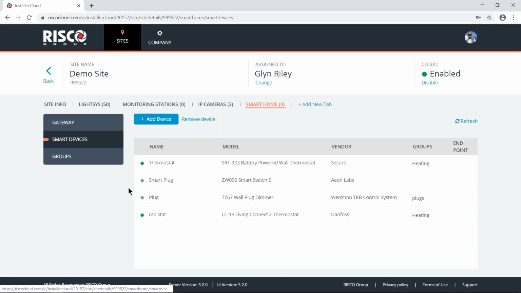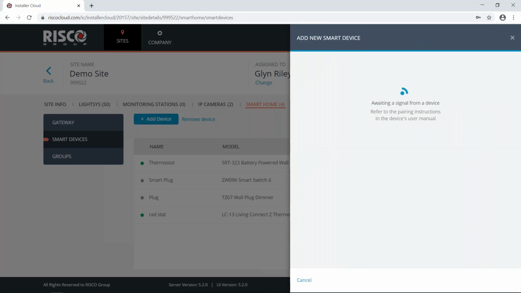So, learning the devices, install the device. Now, the quickest, easiest one will be something like a plug that you plug into the customer's wall socket, and it has a pass-through function, and you can turn it on and off. You can dim it depending on the unit you get. So all you need to do, click on add device, install it, and activate the enrolling option, which I'm trying to do now with mine here,